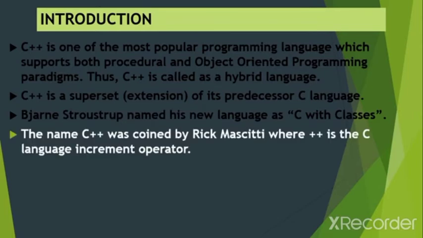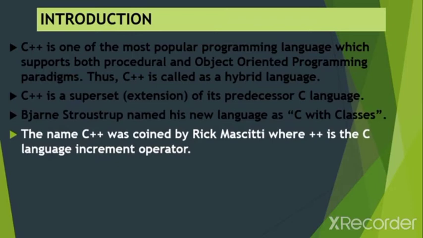The name C++ was coined by Rick Mascitti, where ++ is the C language increment operator. So Bjarne Stroustrup developed this C++ language, but what name did he give? He gave the name C with Classes. The person who changed this name was Rick Mascitti. He changed the name C with Classes to C++ by adding ++, which is an operator,